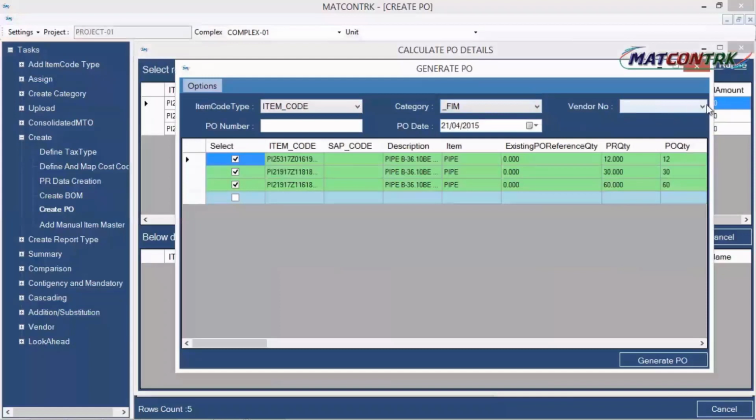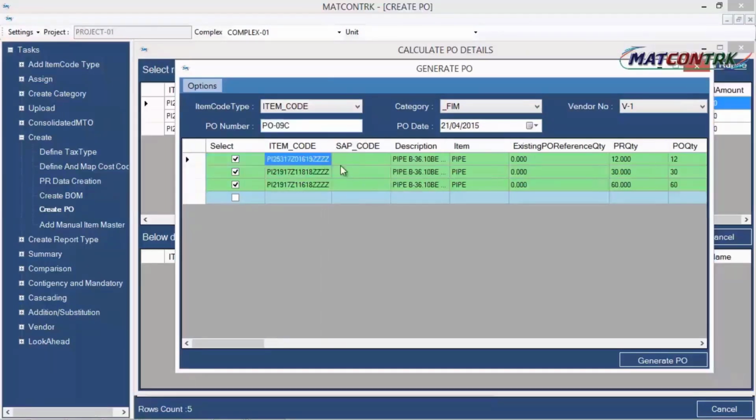I can reconfirm my data over here and I can select which vendor is the eligible vendor against whom I am going to create this purchase order. So selecting here these 3 items, I am cross-checking all my parameters before final saving.